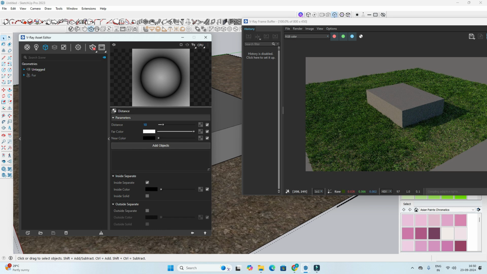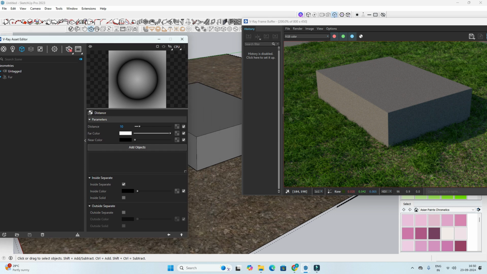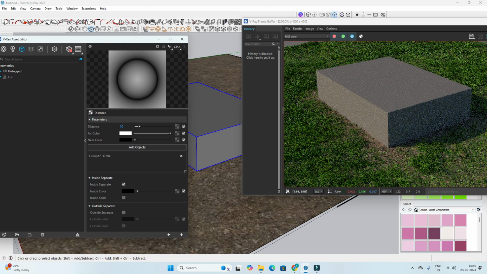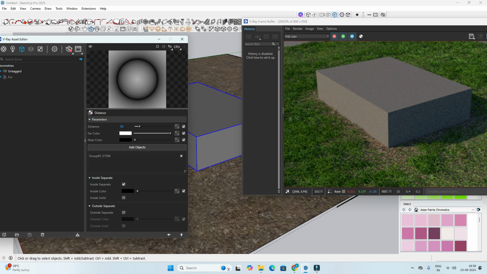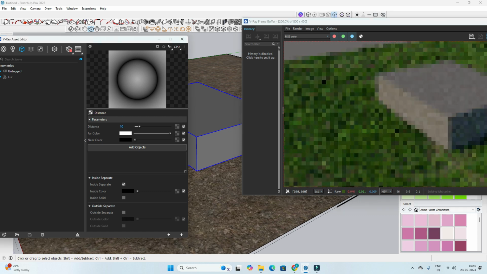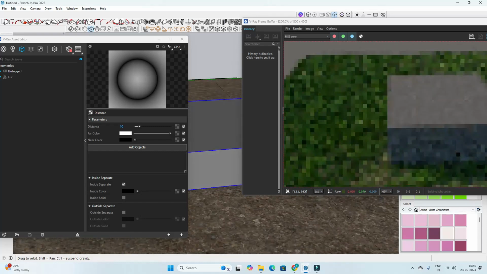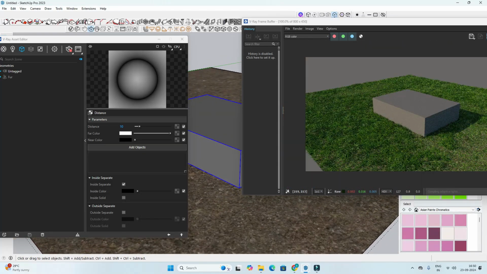Now the meaning of this distance map is: for the object you are selecting, at what distance from that object you want to place the grass. We can control that, but before that you first have to add the object. So click this, click on add object. See, immediately when you click on add object, have you seen that surroundings? Now I'm going to remove this. Exactly here, on the other side also, this side and this side, everywhere we have grass here. Once I add this object here, now see immediately